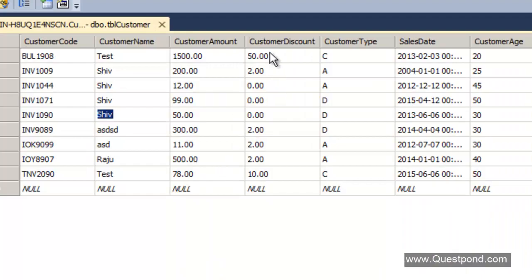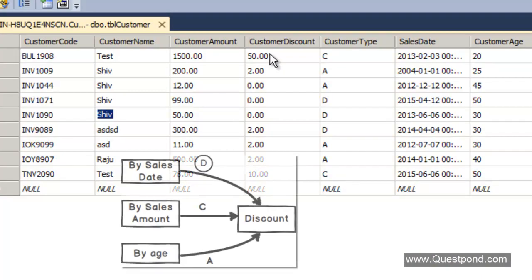Now, in order to understand dependency injection, I have added one more field to our customer project called customer discount field. This customer discount field is calculated in various ways. For example, the first way is by seeing the customer amount. If the customer amount is above a certain amount, you get X amount of discount.